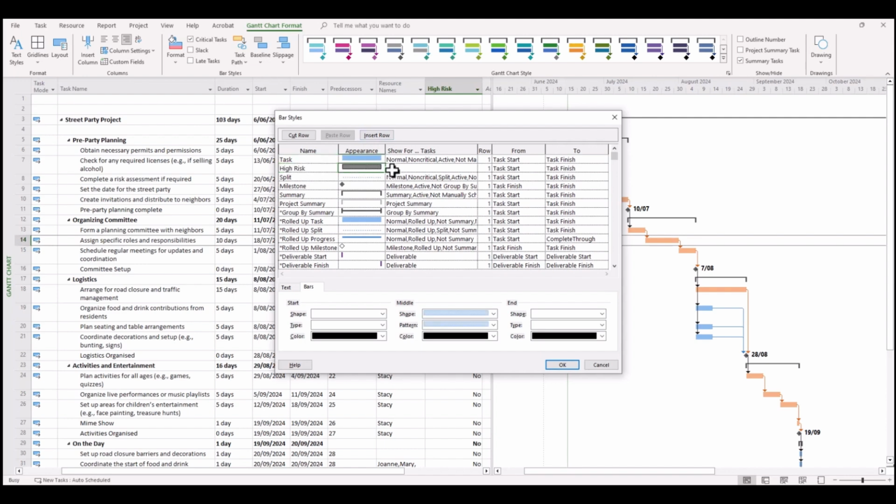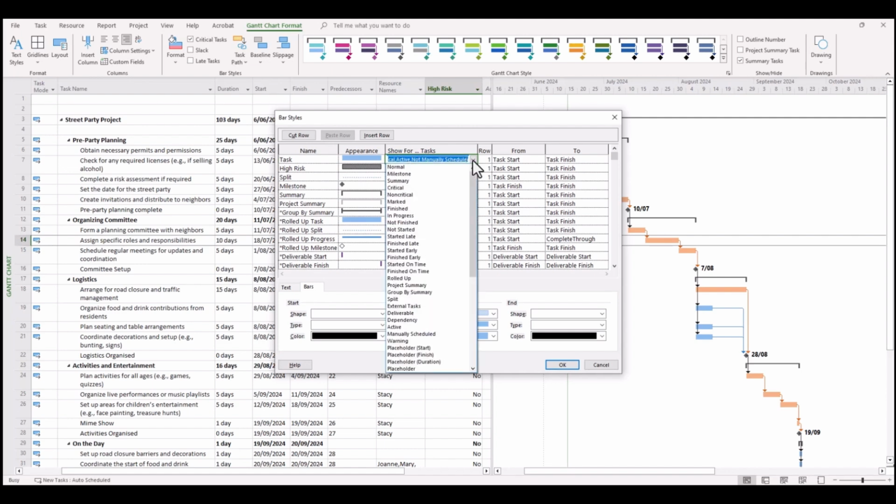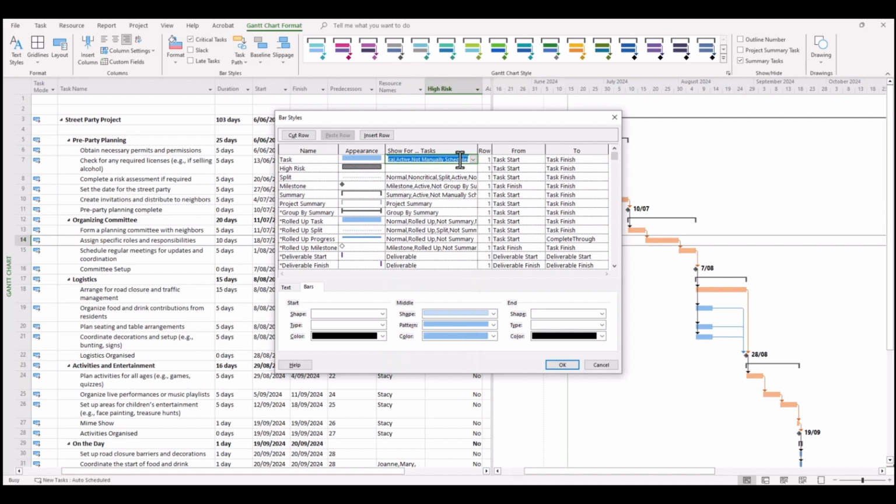I'm going to adopt a new color shortly, but we want to effectively copy the attributes of a normal task and then add on our new conditions for flag 1, which is indicative of high risk. So what we'll do is you click on this drop down arrow, you'll notice that all of this becomes highlighted.